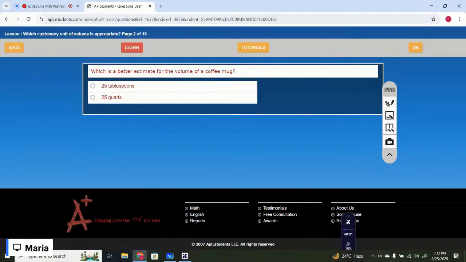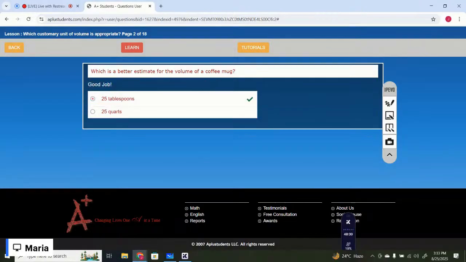Which is a better estimate for the volume of a coffee mug? It would be 25 tablespoons. Option number one is